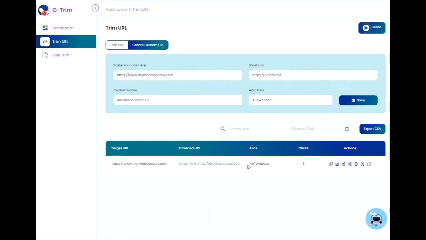And that's what you have down here. So now that I am here, and I came from an edit, I'm not sure if all this is going to work or not, but you could actually go down here and now copy that otrim.co/allied resource tech link and then paste it into a document if you wanted to use that as a hyperlink